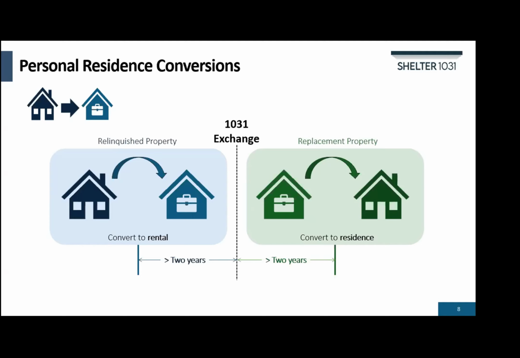Most tax practitioners agree that after you convert your personal residence to a rental, you must wait 2 years before conducting a 1031 exchange. If your long-term goal is to buy your future home, you must operate the new house as a rental property for another 2 years before moving in. It is a good idea to follow all the best practices of rental ownership and make it very clear in your records that the property was purchased and operated as a legitimate investment.